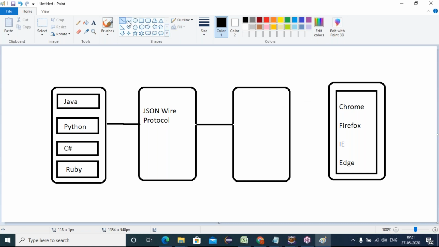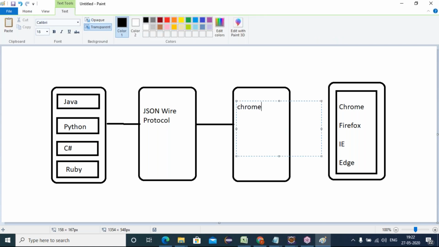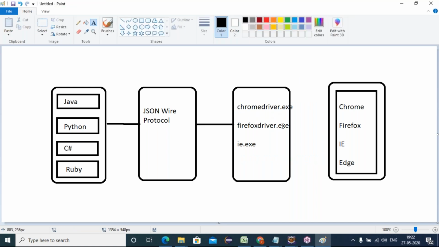Whatever WebDrivers you have, like chromedriver.exe, or geckodriver.exe for Firefox, or IE driver.exe, you are using the native drivers of the browsers. These are called native browser drivers. Native browser drivers. Because friends, the browsers